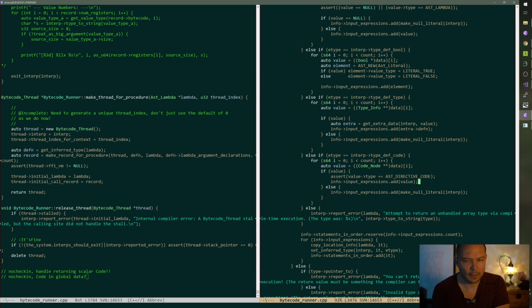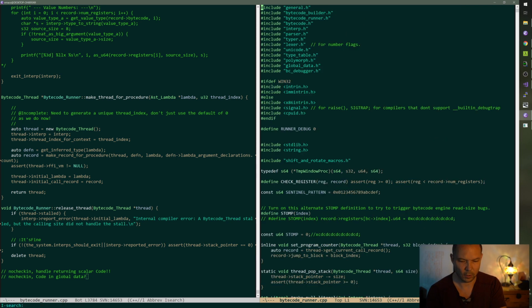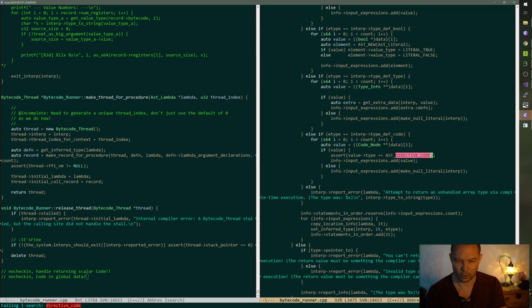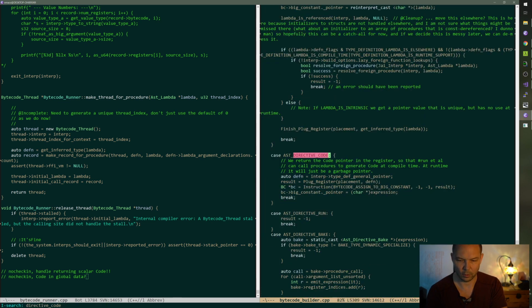Or let's see. Wait, for an insert directive, okay, let's see in bytecode runner, directive code. That's also literally not, okay, hold on. Builder. Okay, yeah, good. I made it easy on myself.